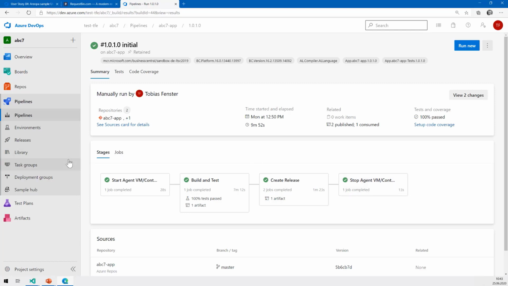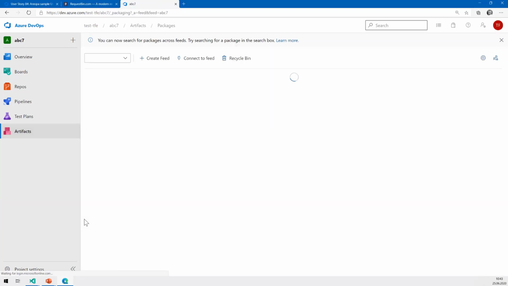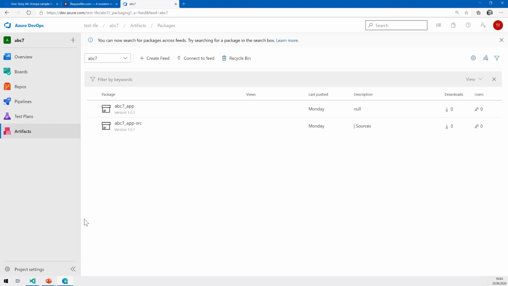And the last thing that I wanted to show you, we also get the artifacts pre-set up. So we have a view and we have feeds in here that are used for pushing in the results and the app that is created and the sources for when that app was created. And now that that is in place, we're just able to use a release pipeline to push this to the customer.